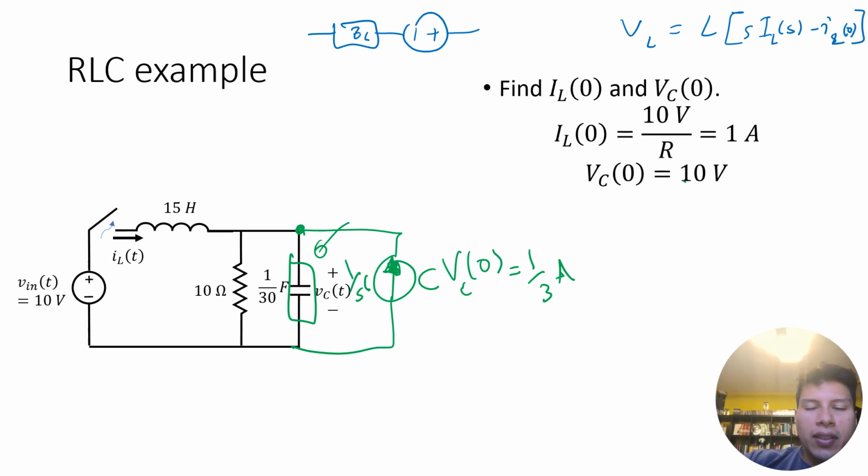And then for this particular circuit, if we assume this is minus plus VL, and then we have plus minus VL, and our current IL moving in this direction, and then this is VS,